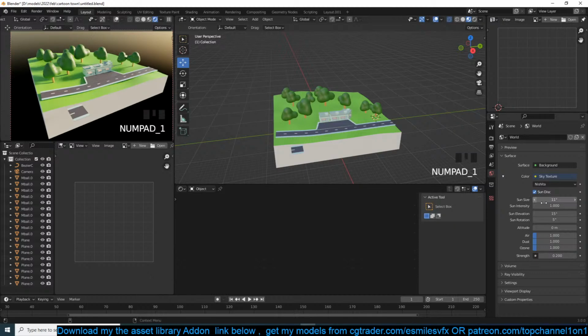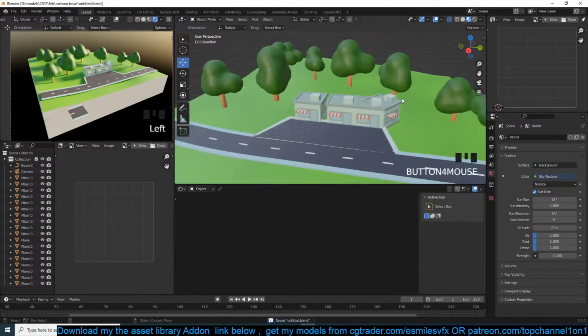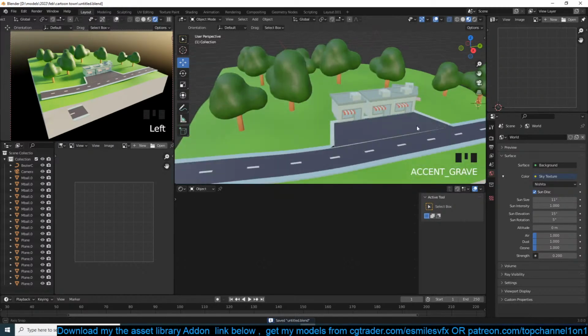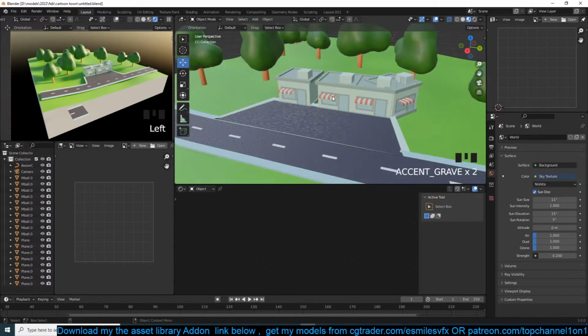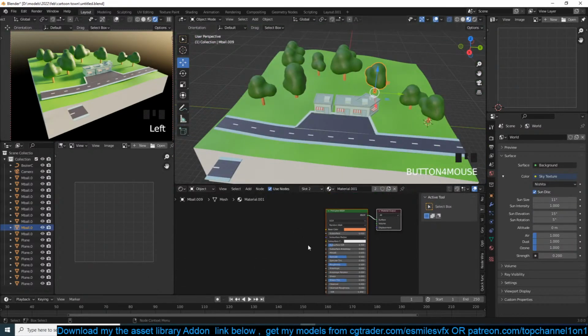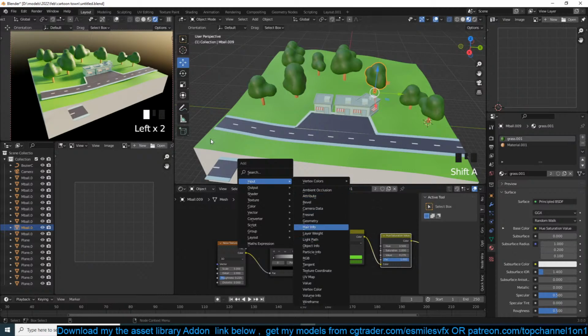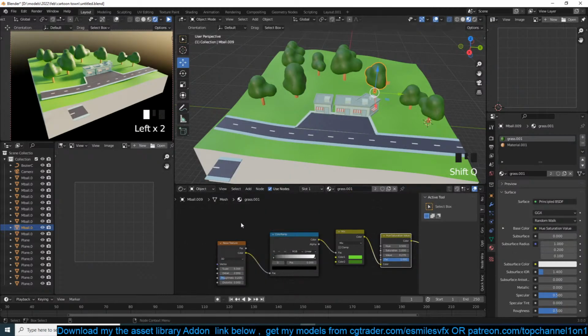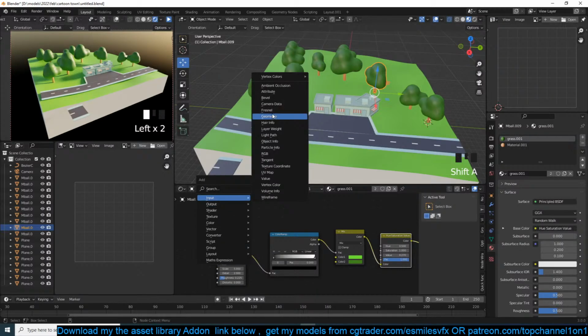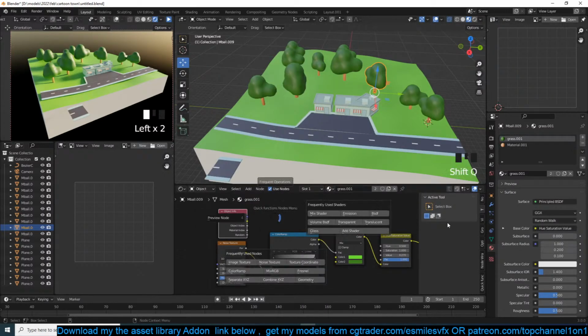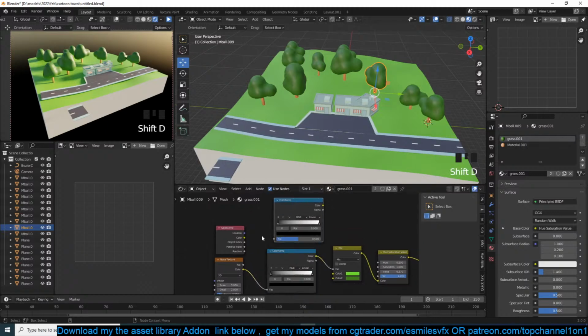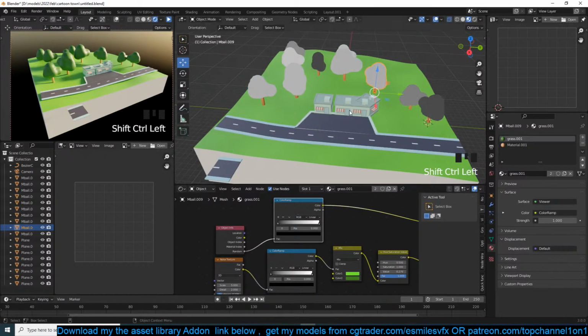Have some soft shadows. Maybe this is a petrol station in the... It's a metro station instead of just shops in the forest. One thing you could also do is vary the colors of these. So just use an input object info, just so we can have these look. The trees have some random colors, so